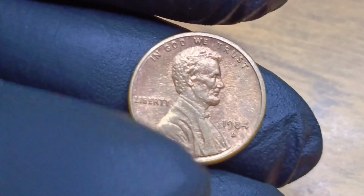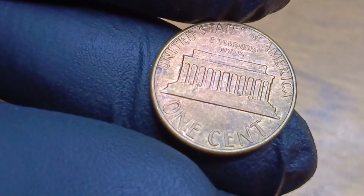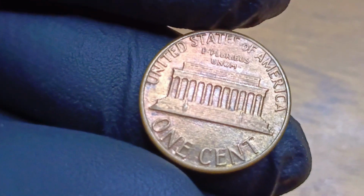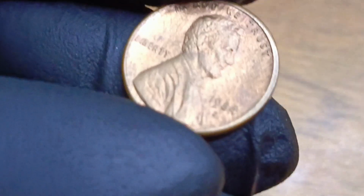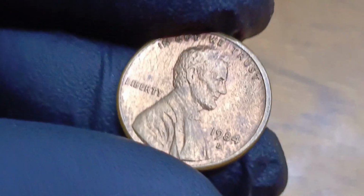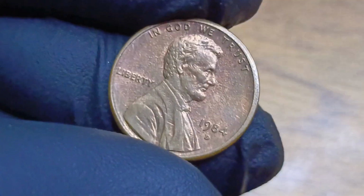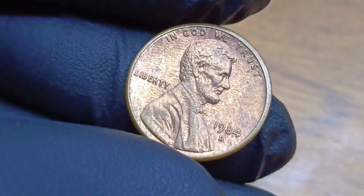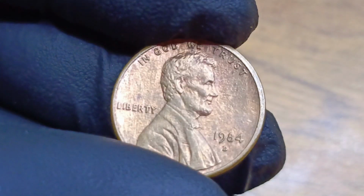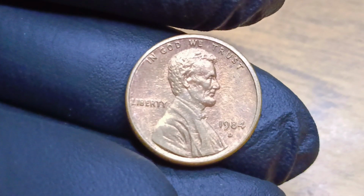Perhaps the most valuable error is a transitional error, where a coin is struck on the wrong planchet, like a 1984 D penny struck on a bronze planchet from the pre-1982 era when pennies were 95% copper, weighing 3.11 grams instead of the 2.5-gram copper-plated zinc used in 1984, and such an error would be a monumental find, reminiscent of the 1943 copper penny, which has sold for over $1.7 million due to its extreme rarity,